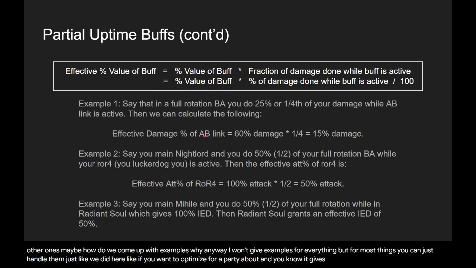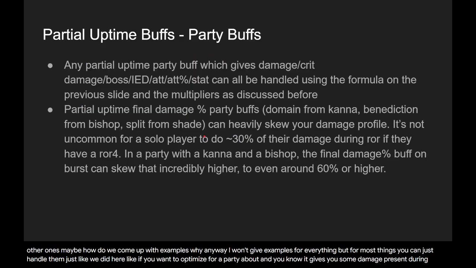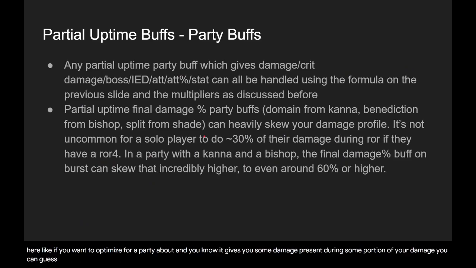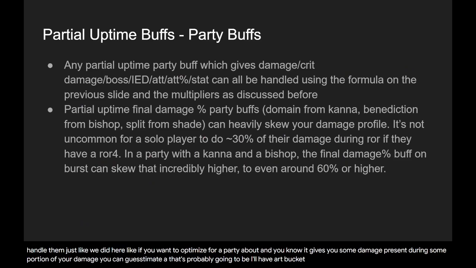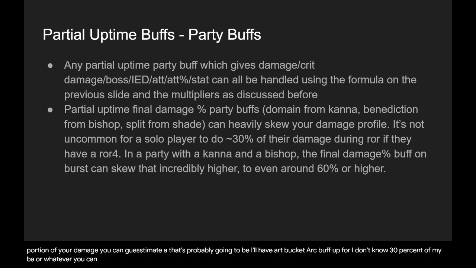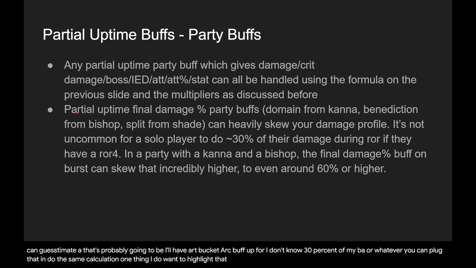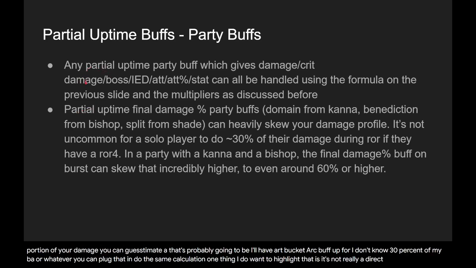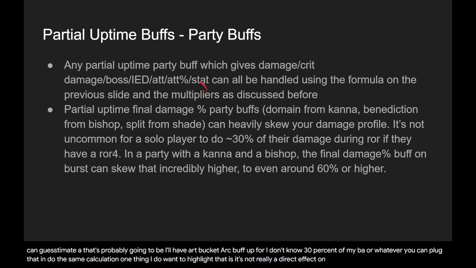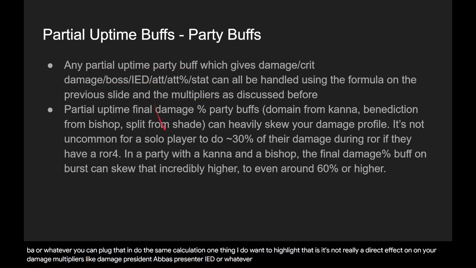If you want to optimize for a party buff, you know it gives you some damage percent during some portion of your damage. You can guesstimate, hey, I'll have Arc buff up for, I don't know, 30% of my BA or whatever. You can plug that in, do the same calculation. One thing I do want to highlight is that it's not really a direct effect on your damage multipliers, like damage percent or boss percent or IED, but there is an indirect effect from